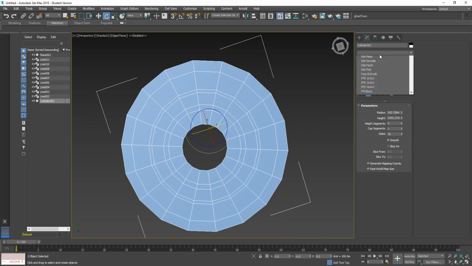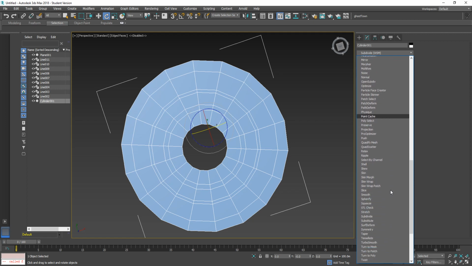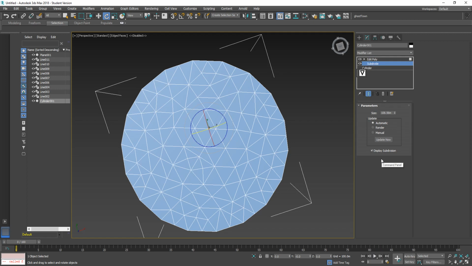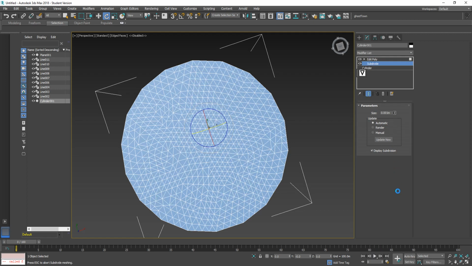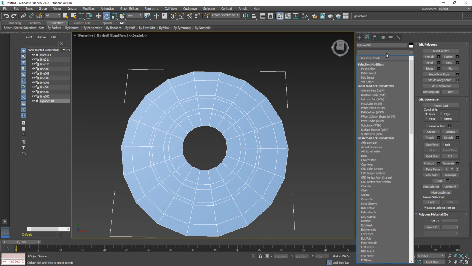So what we can do now is we're going to further subdivide it. So instead we're going to use tessellate